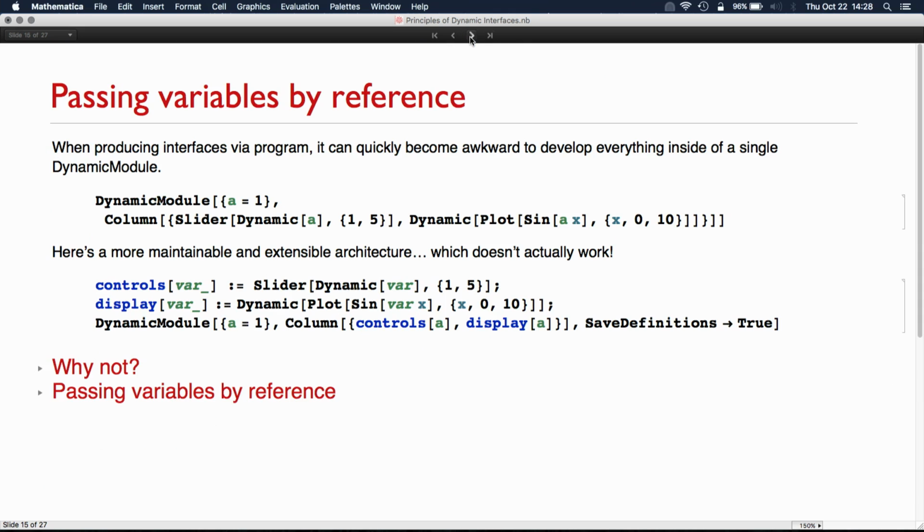Right. Okay. I think we're right on time. So